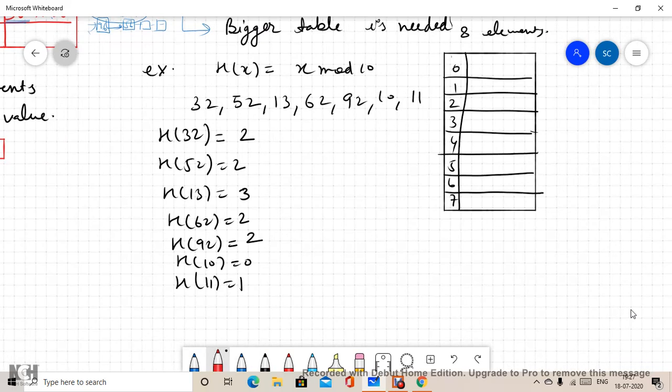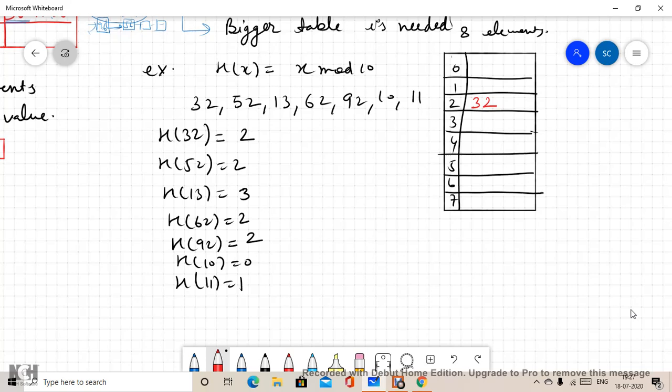Now storing the data, if I start with the first element 32, that will be stored here. Now my closed hashing or open addressing says that if we receive the same hash value for 2 different elements, and we still have so many cells left out in the table, as we can see every other cell is blank as of now, so we can use some next cell.